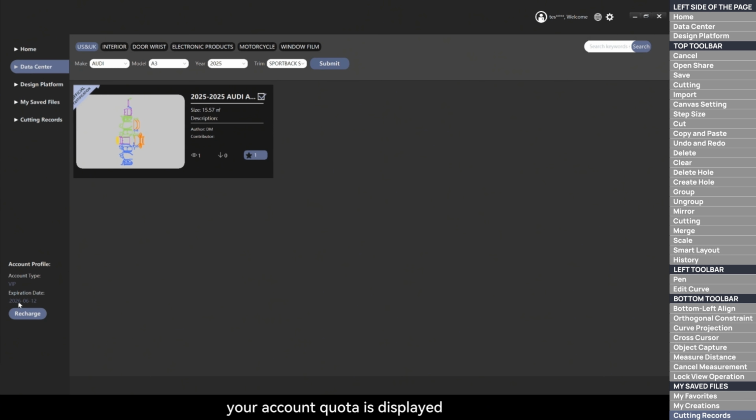Further below, your account quota is displayed. Either the remaining area in square meters or remaining time. There is also a recharge